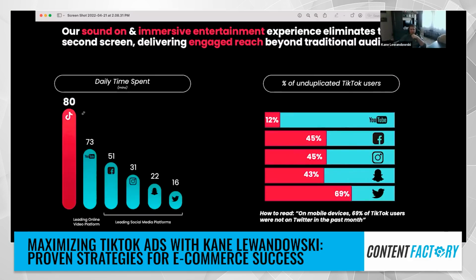That TikTok, last time I checked the statistics, probably back during the pandemic, the daily time spent on TikTok was around 53 minutes, and now it's 80. It's crazy numbers. It's more than YouTube. People spend more time on TikTok than they do on YouTube, right? Because they have multiple sessions. They have many short sessions. Yeah, that could be a reason. But it's still crazy to me to even think about these numbers.